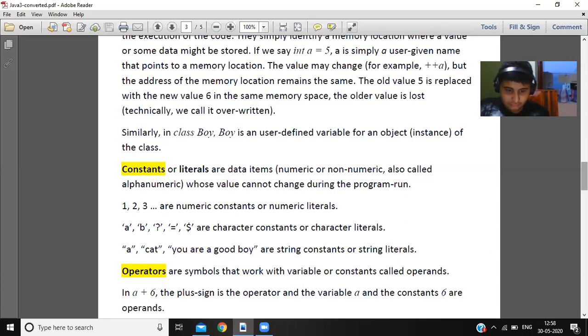Character constants are in single quotes, and string constants are in double quotes. No quote means it has to be either a variable or numbers, double quote means always string constants, sometimes called string objects, and single quote means character constants or character literals.